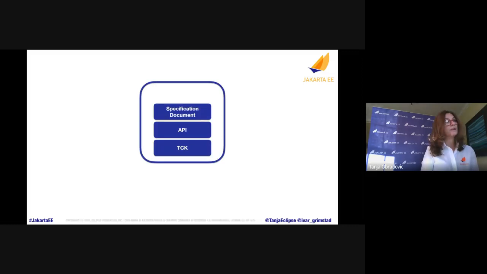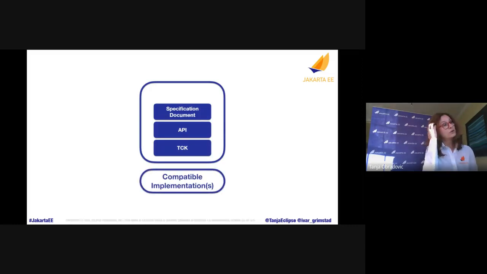Now, every specification, in order to be final, needs to have the code that fully implements those three artifacts. Particularly, if we look at the set of specifications that make a profile or a platform, at the end we have to have a set of specifications that will satisfy this criteria and have the compatible implementations. So that's basically what the